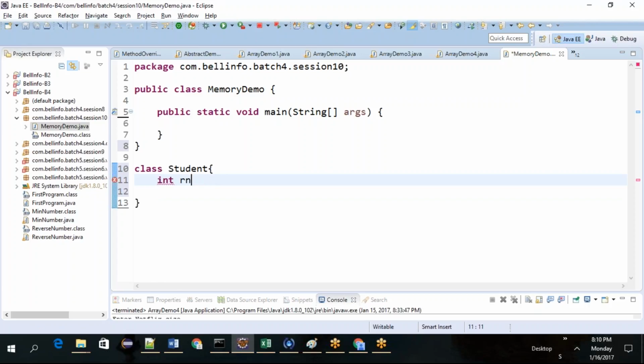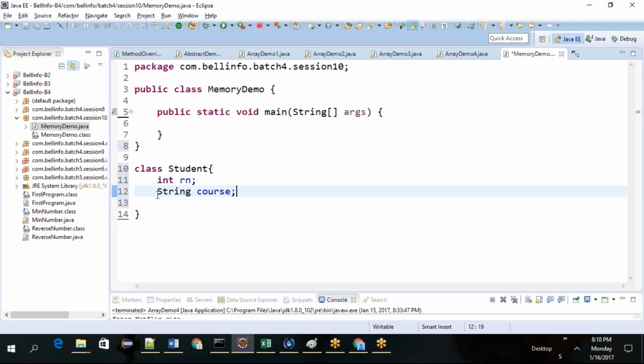I'll just keep it small. For the sake of it, the roll number is rn, int course c, and course is a string course. So for now, let's understand: whenever you write something with a capital letter, it's mostly a class. We haven't discussed this yet. Just now we discussed the array concept.